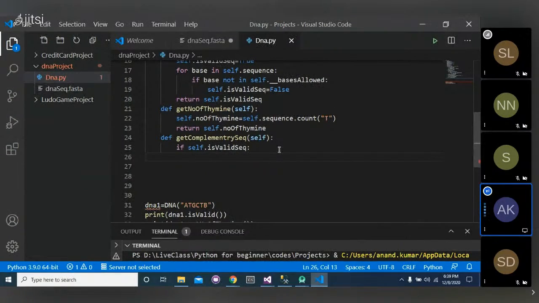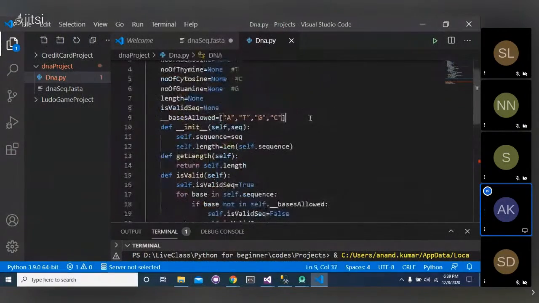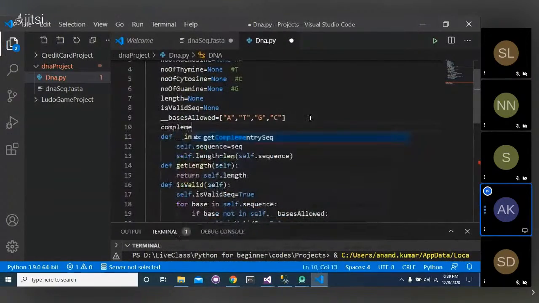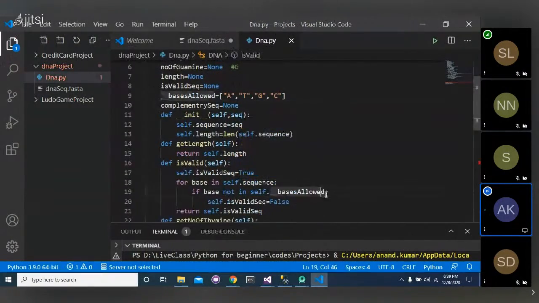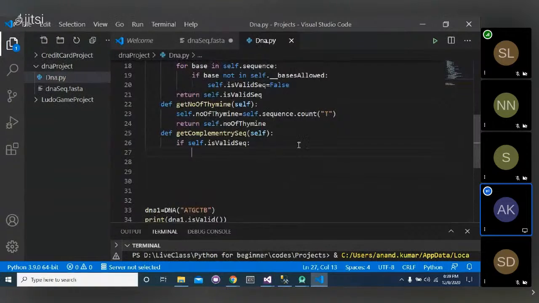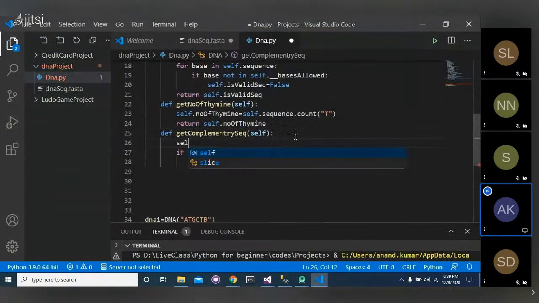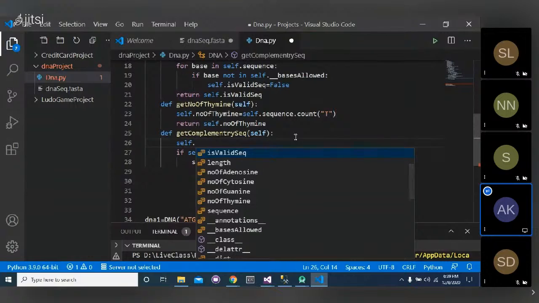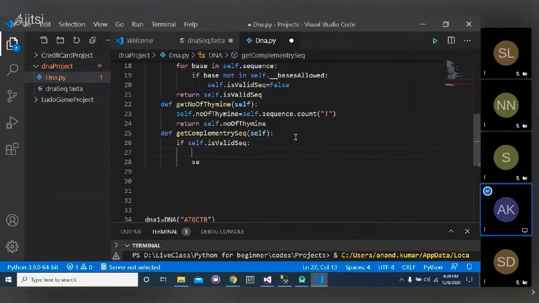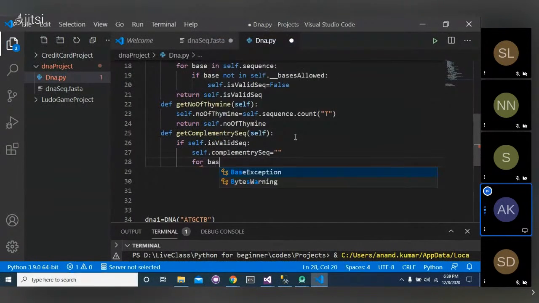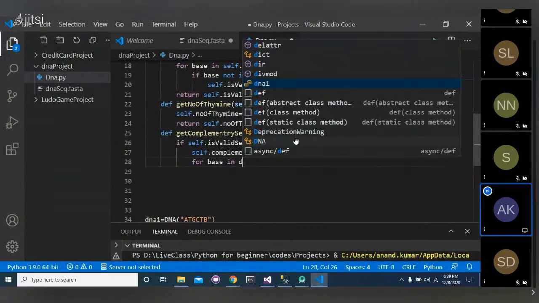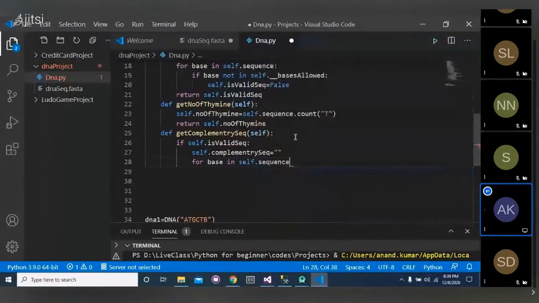To get the complementary of it, first I am creating a property here, complementary sequence is equal to None, and then we are writing here self.complementary_sequence is firstly empty. Now for base in self.sequence,